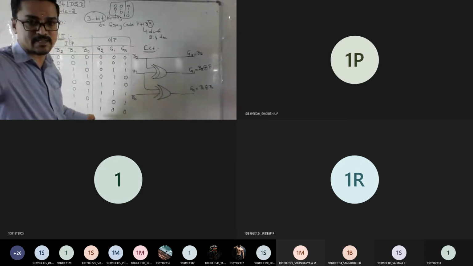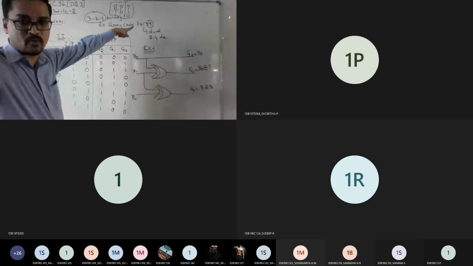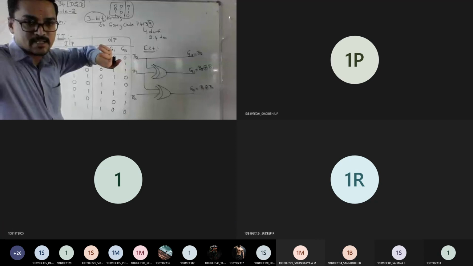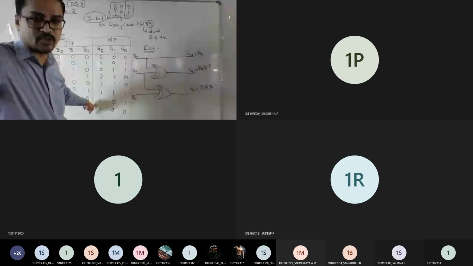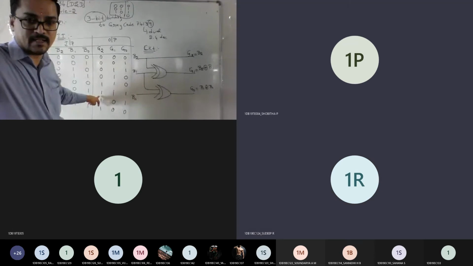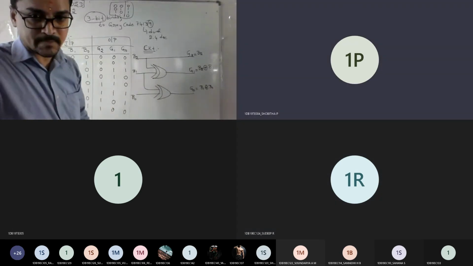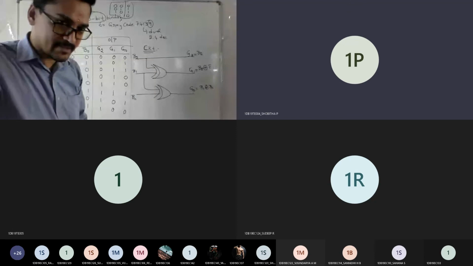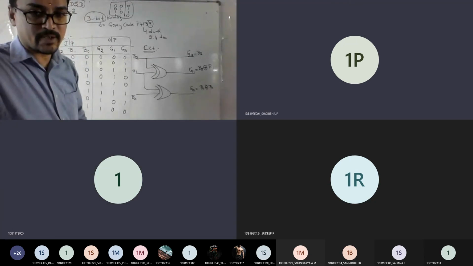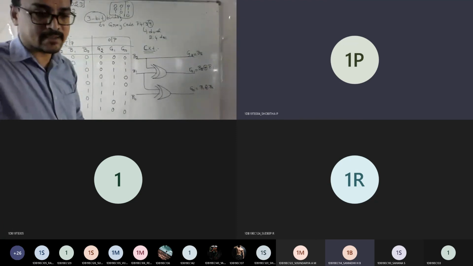See, by default I told this is active low only, correct? Since they're given using the 74139 IC, it is active low logic. It means by default I told it will go to which form? SOP form. Correct? So which gate should you connect? OR gate. Just now we did. Why do you get OR gate again? It's active low. NAND. NAND gate.